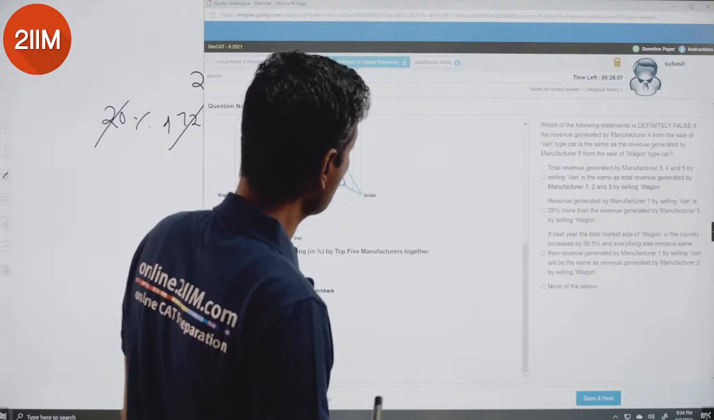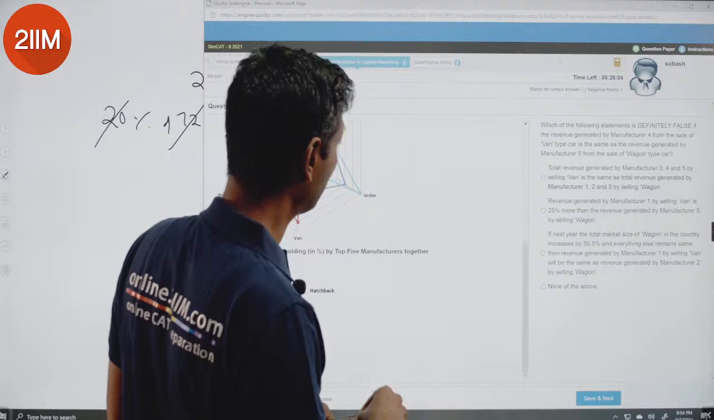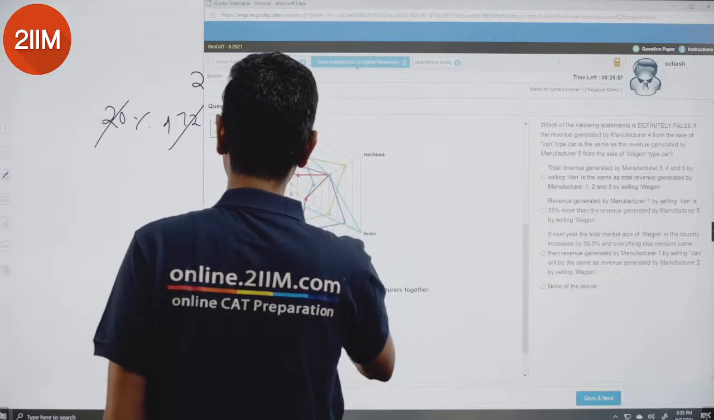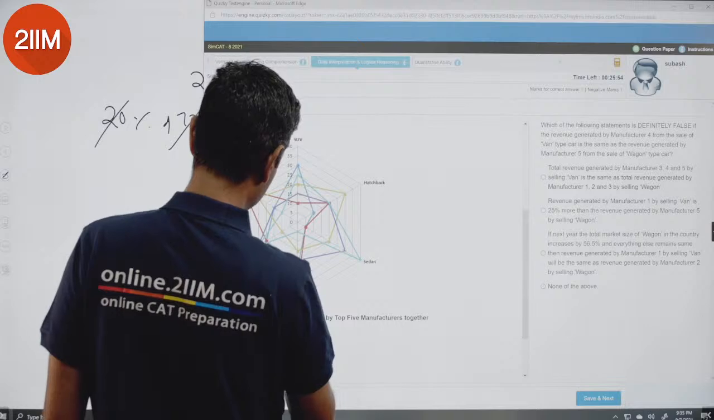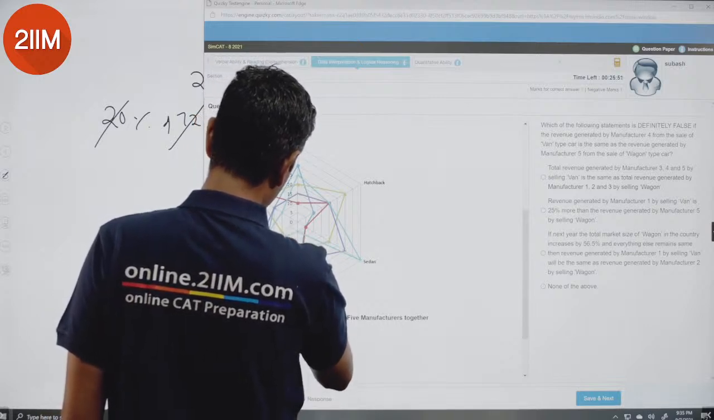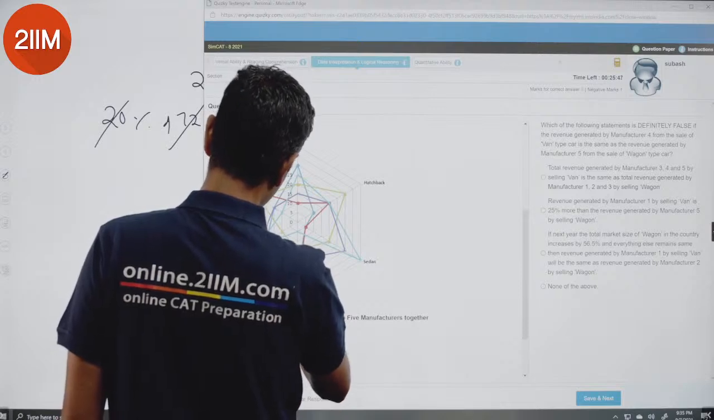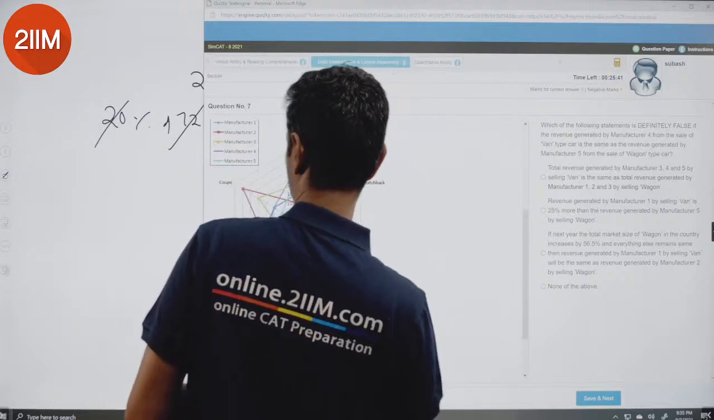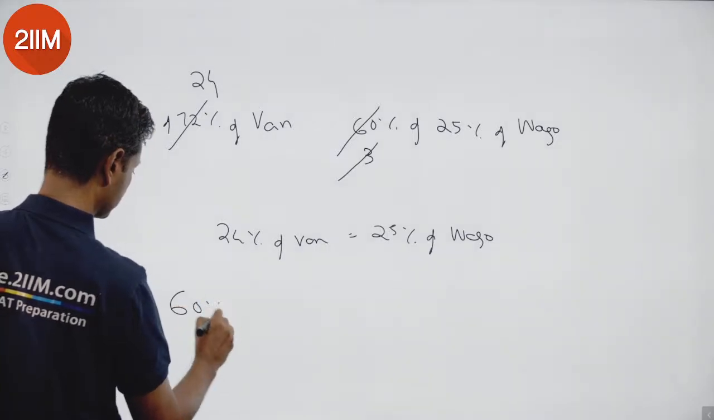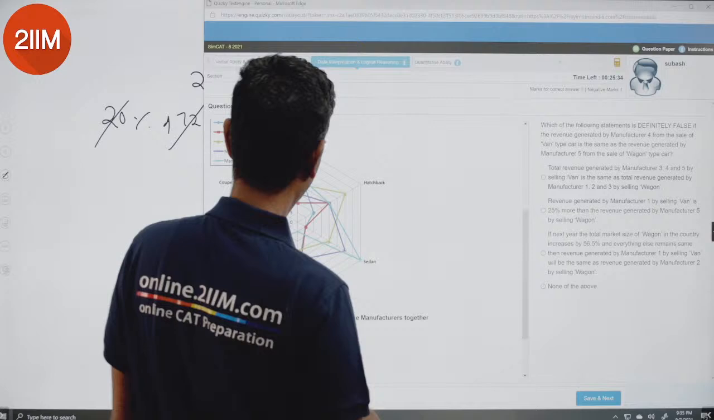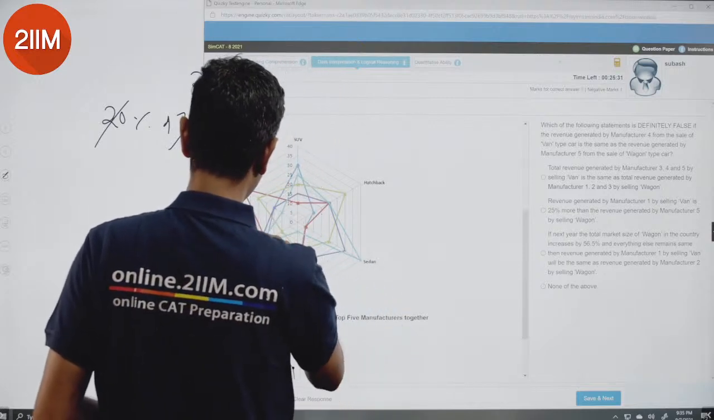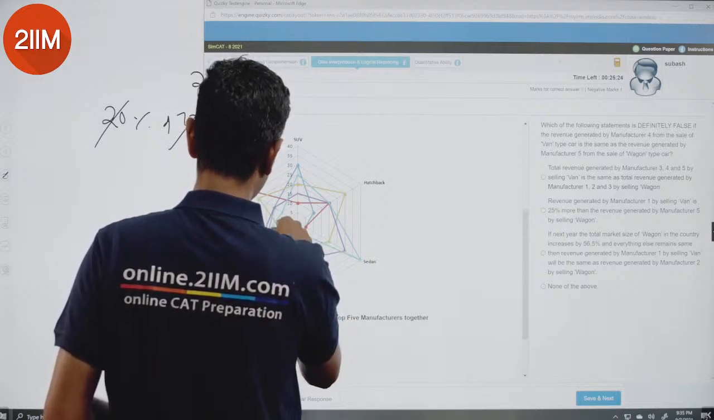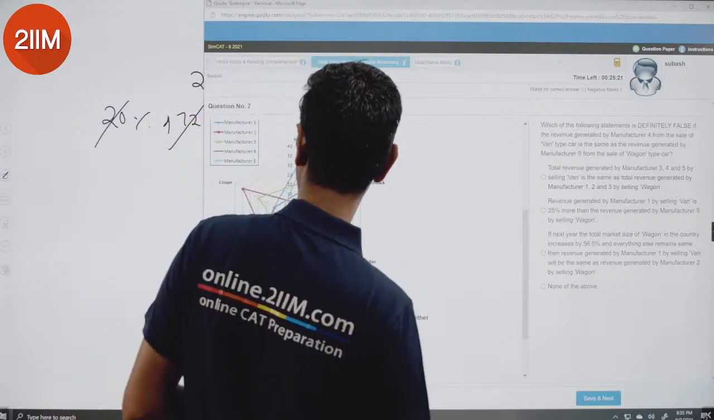Total revenue generated by manufacturer 3, 4, and 5 selling van is same as total revenue generated by manufacturer 1, 2, and 3 by selling wagon. Why do you guys do this to us? 3, 4, and 5 selling van. 3, 4, 5 is green, purple, blue. Green is 5, 10, 15%. Purple is 20, 35. Blue is 25. 60% of van. Let's say 1, 2, 3 wagon. Light blue, which is 5, 10, 15, 20. 20, 20, and 10. 50% of